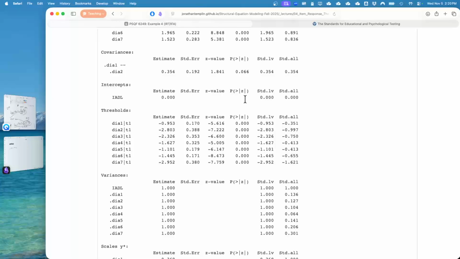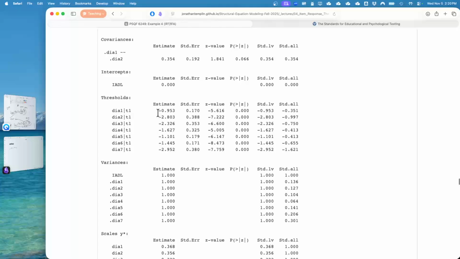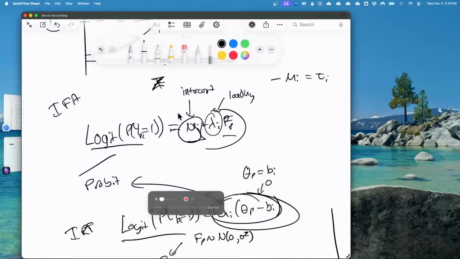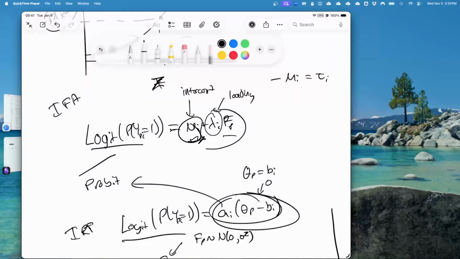And then we get into thresholds. Each of these is now the reverse of the intercept, which drives me crazy because I only think in intercepts, right? But that's just -1 times each of these. So the intercept, what we know that to be, is the expected logit when theta is 0. If you think of the equation right here, sorry, let me clear that out. There we go.